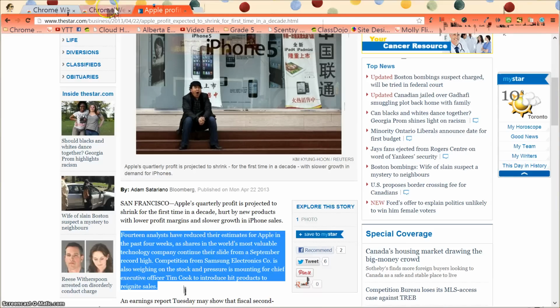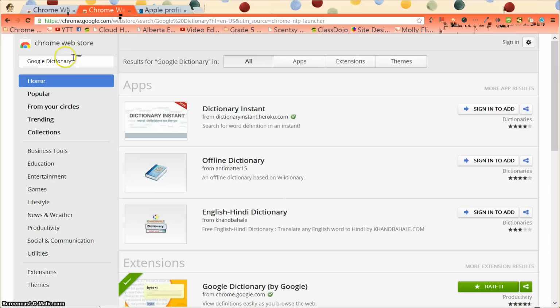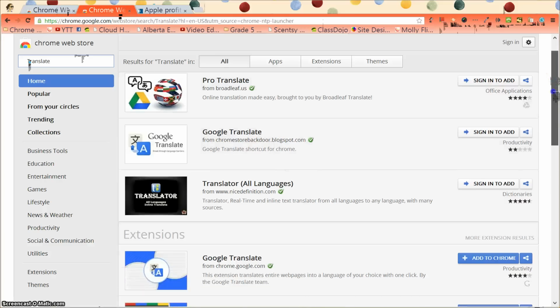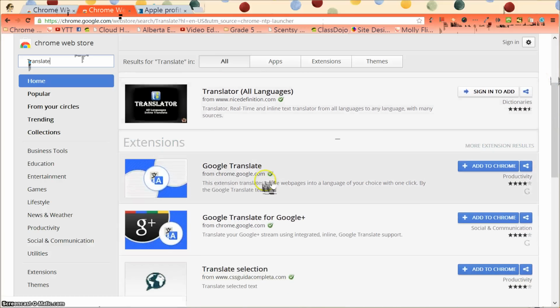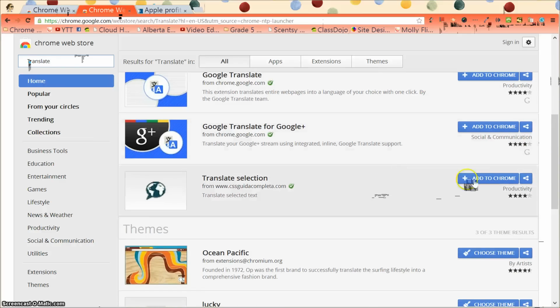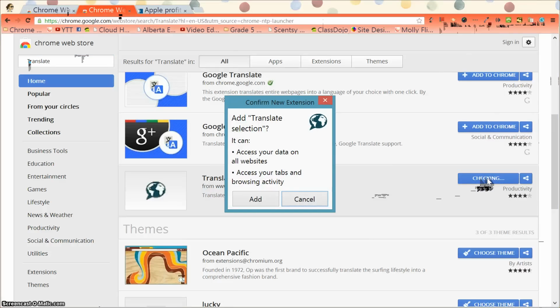So I'm just going to show you how to get that translate tool. Basically, you just type into the Chrome Web Store translate, and you have applications, but what we're looking for is the extension of Google Translate right here, or Translate Selection if you want to do more than one word at a time. So I'm going to add Translate Selection to my extension tab,